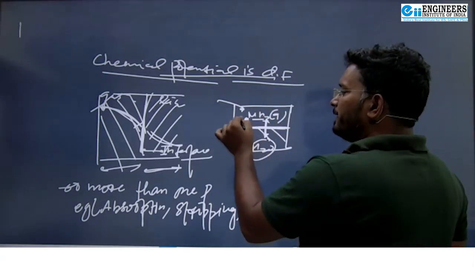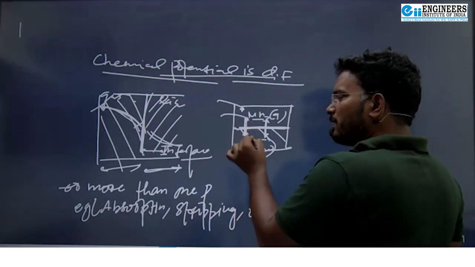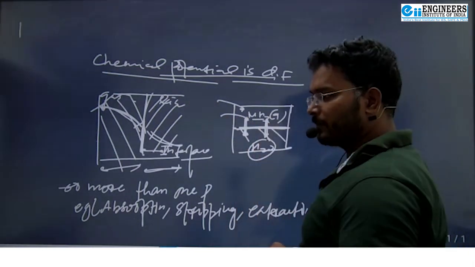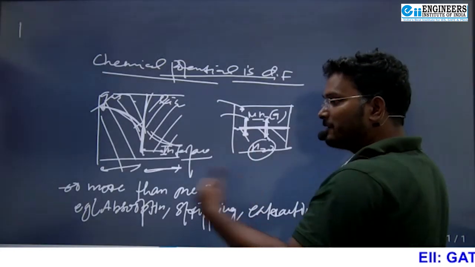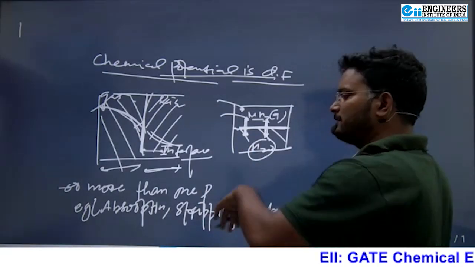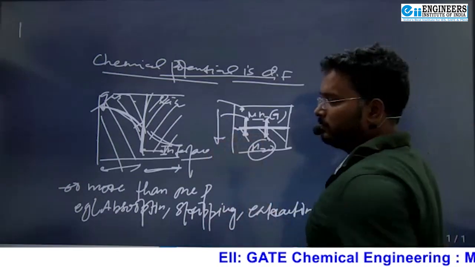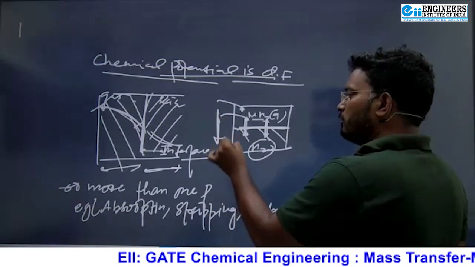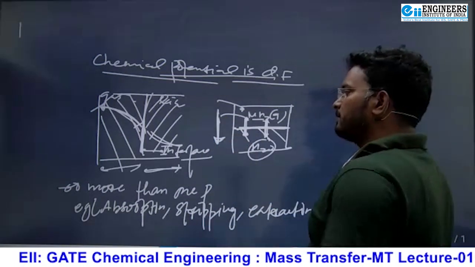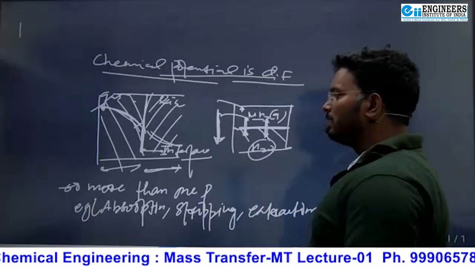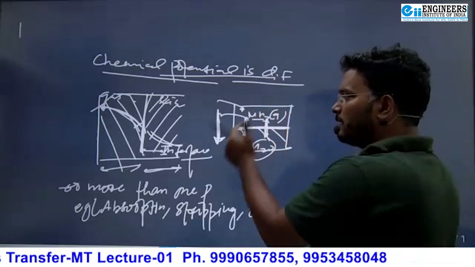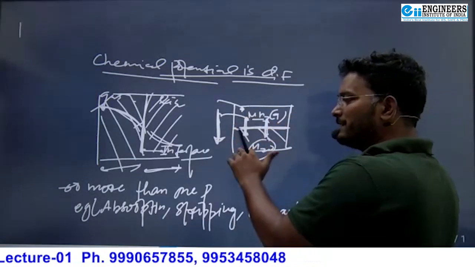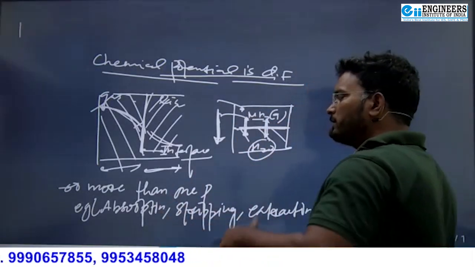तो जो अमोनिया है वो गैस से लिक्विड में जाएगा, लिक्विड से गैस में भी जाएगा कुछ, ठीक है ना. But the net transfer of the ammonia is there. The net transfer of ammonia is from the gas to liquid, and that net transfer of the mass of the ammonia from the gas to liquid is continuous